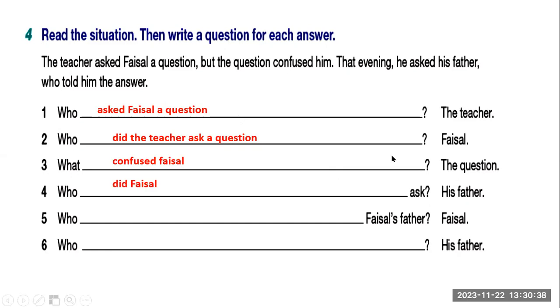Hala, number 5. Who asked Faisal's father? And the last one, Rawad. Who answer the question? Who can help رواد؟ I can help. Yes, رواد, please. أستاذ أساعده. Who told him the answer. اوكي رواد اطلع السؤال هون عن اخر كلمتين ثلاثه. Who told him the answer؟ فاعل، لانه his father بدل who، شايفينها؟